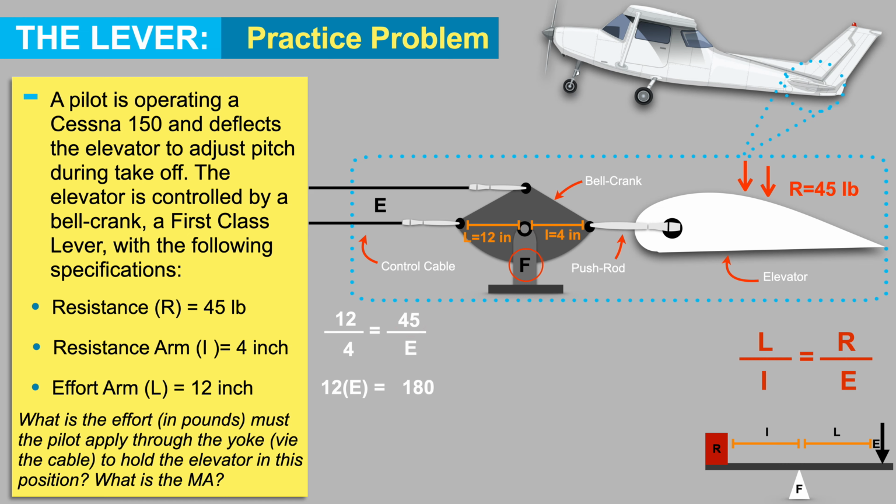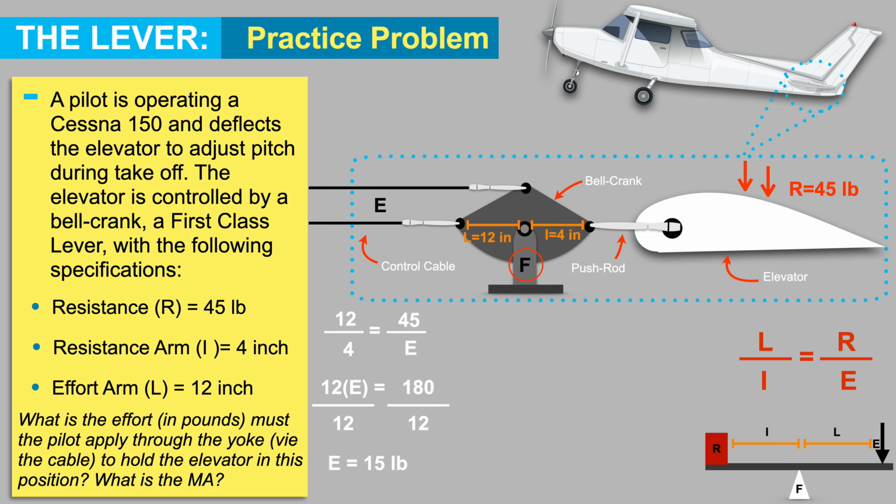From here, we solve for E. We divide 12 on both sides of the equation, and that will give us E equaling 15. The pilot must apply an effort force of 15 pounds through the yoke via the cable to hold the elevator in this position. For the second part of this problem, since we know what the effort is, we can easily